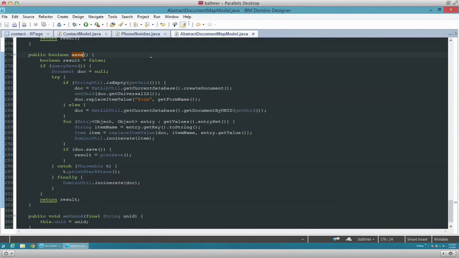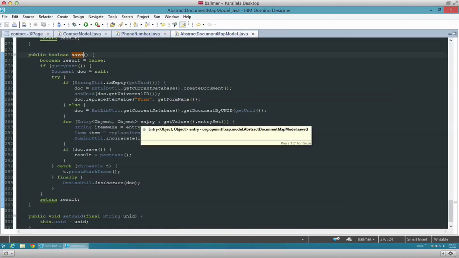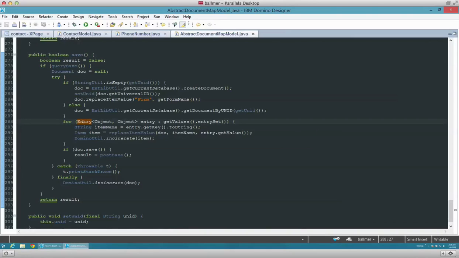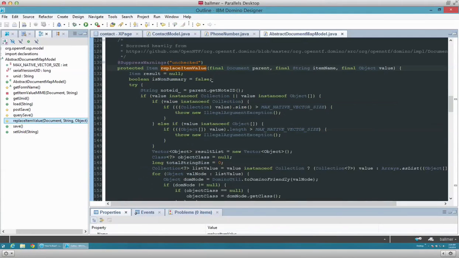At first glance, the save behavior looks identical to what it was already doing. It's just looping through the map and replacing item values on the backend document. But look closer. No longer are we calling the document's replaceItemValue method. Instead, we're calling our own replaceItemValue method that has been added to this class and is, as the block comment disclaims, stolen directly from the OpenNTF Domino API and essentially just backported to do everything that this one tiny piece of that API does without the benefit of having the rest of that API,